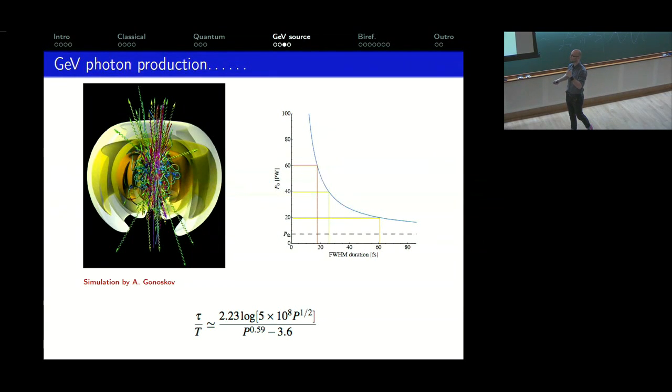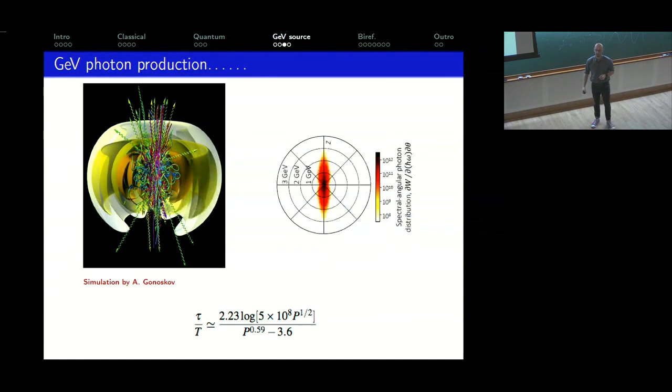Basically, if you choose your pulse duration such that you're on this side of the curve, then you can get kind of prolonged photon generation without significant back reaction, and you have a candidate source. So for example, if you have a total power of 40 petawatt, you want your pulse duration to be less than, what is that, 25, 30 femtoseconds. If you arrange that, this is the kind of photon spectral angular distribution that you get out. So these are photons of energy 2 and 3 GeV being emitted basically in the minus z direction. Okay? Very narrow angular spread.